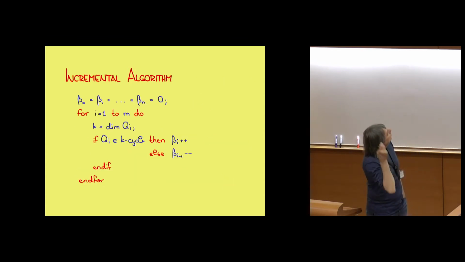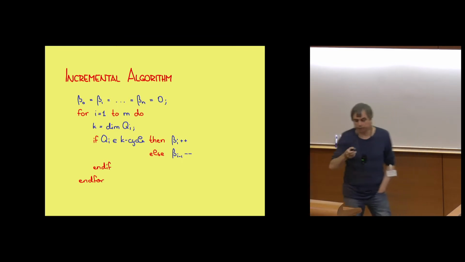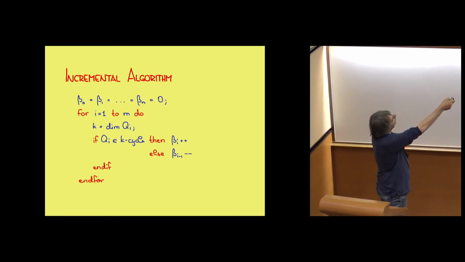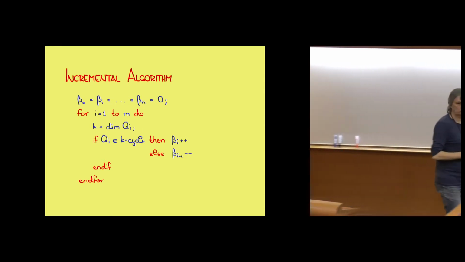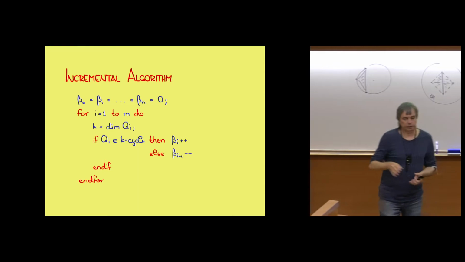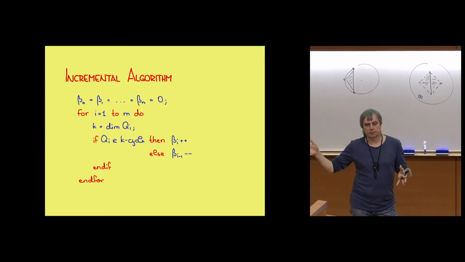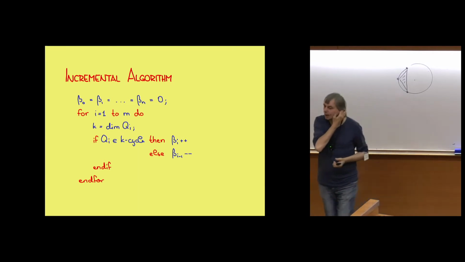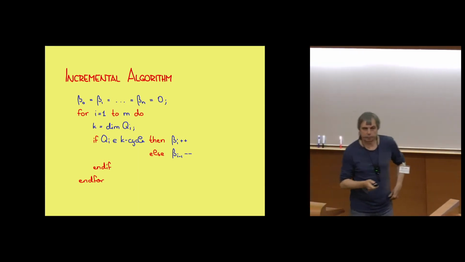When you write it as an algorithm, it just looks like that. And the only complication that happens is there, I have to answer this question: is my K-simplex part of a K-cycle? Unfortunately, in 4 and higher dimensions, the only way to answer this that we know is some algebraic computations, like matrix reduction. But in 3 dimensions, this can be done elementarily. And so it gets a very fast algorithm.